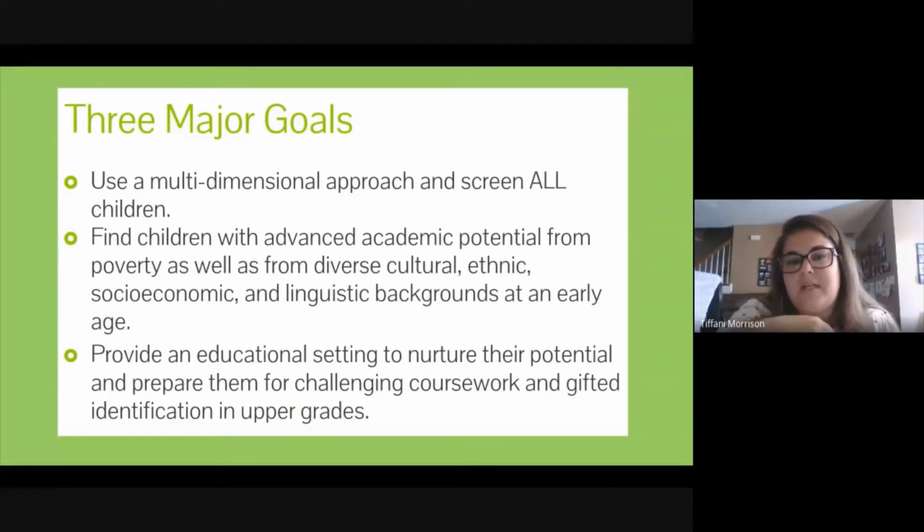Like that's so key, is we're looking for those students that have the potential. There may be kids that really stick out, and then there's some that are like, oh wow, if I were to work with this student, if this student were to get the instruction that they need, they could blossom. So we're looking for those students as well. We want to cast that net very wide, because that would help us in our fourth and fifth grade identifying those students and having students qualify in other areas of giftedness.